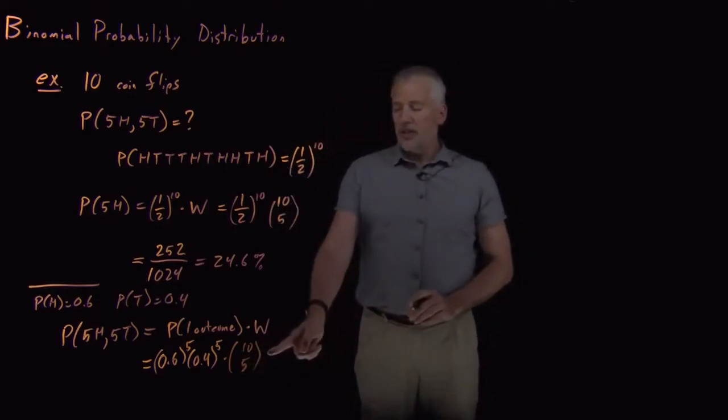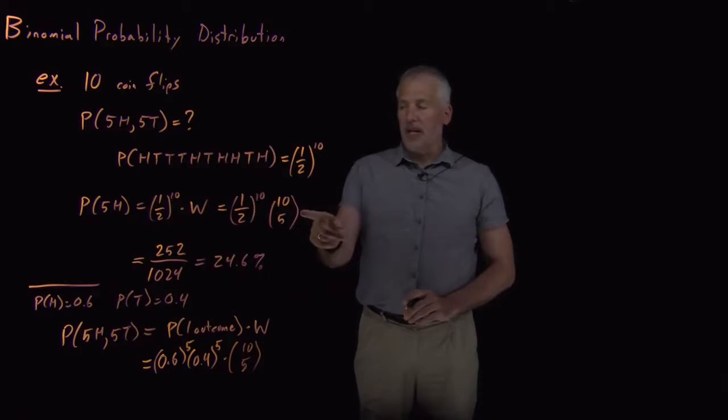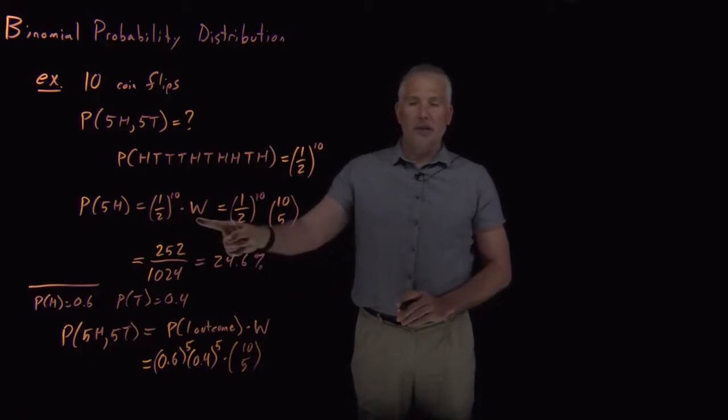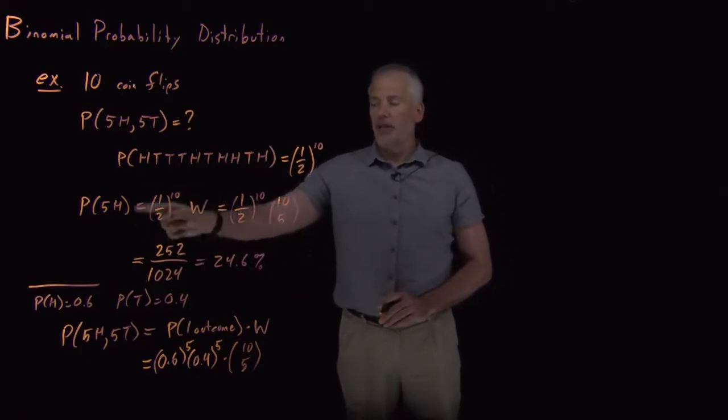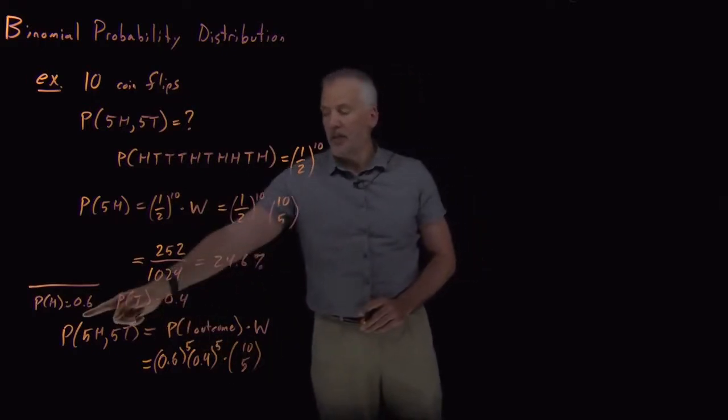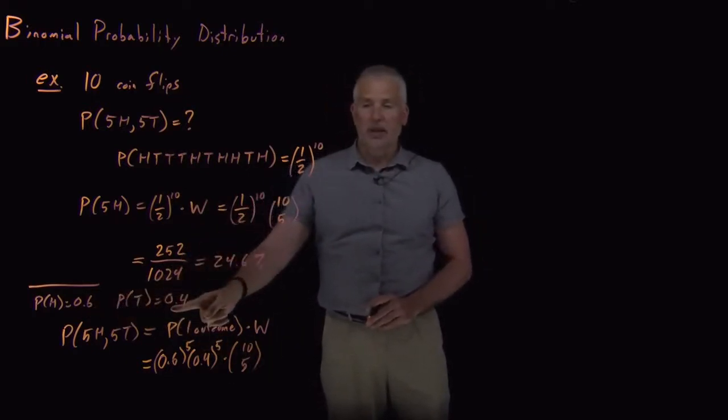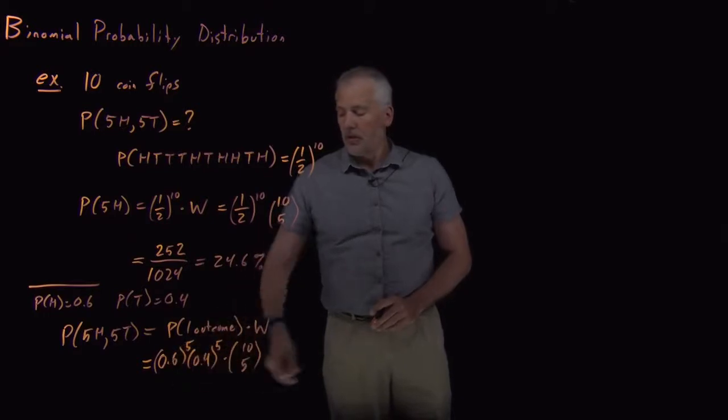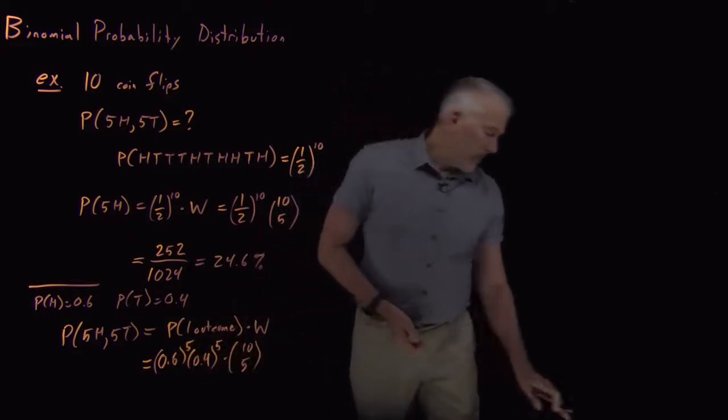So what's changed in this version of the problem from the previous version is not how many ways I can distribute 5 heads among the 10 outcomes, but how likely each one of those outcomes is. The heads have become more likely, the tails have become less likely. Overall, the probability has changed. And if I just skip the math